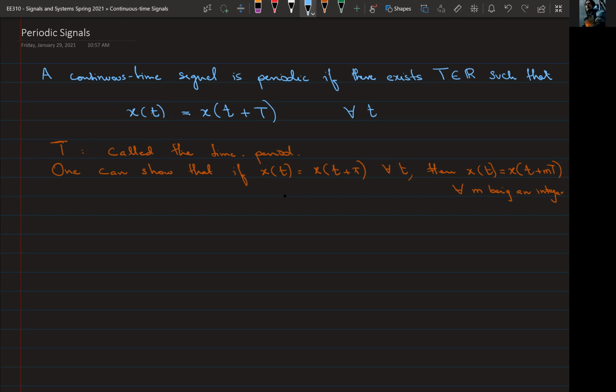General proof, so here's how. Mathematically, if x of t is equal to x of small t plus capital T, and this holds true for any small t, so for any time from minus infinity to plus infinity, then if this condition is satisfied, this must be true